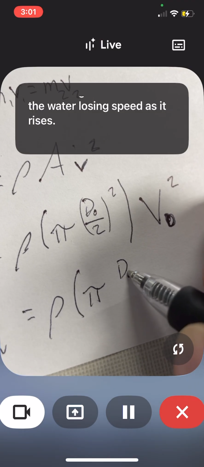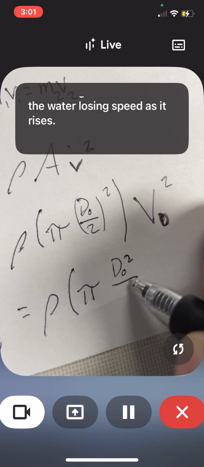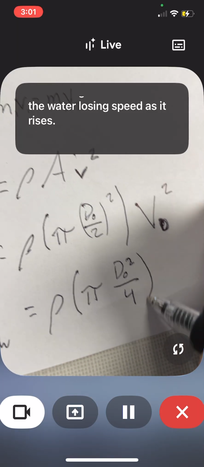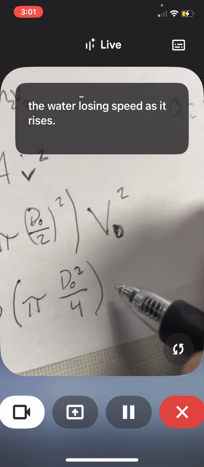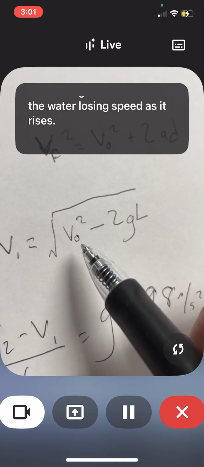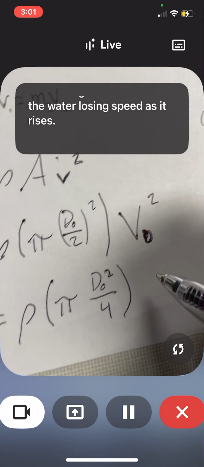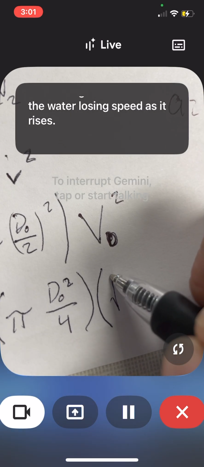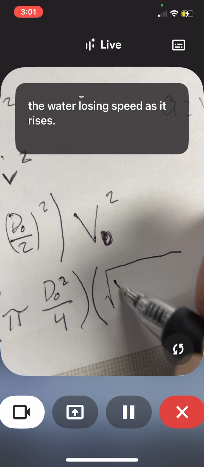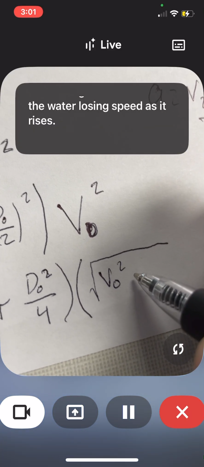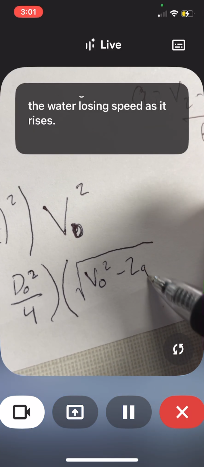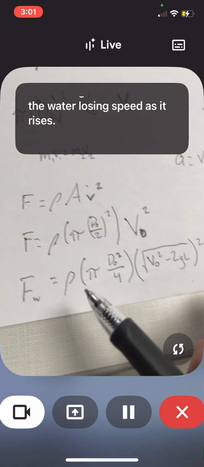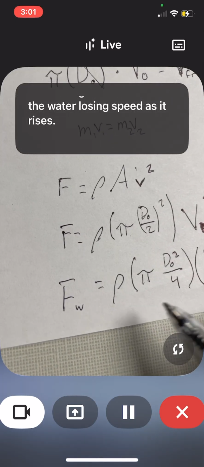I can put this all up in the numerator, so I'll clean that up maybe after. And then this velocity initial squared minus 2gL is really the square root, so I'll just work through this. Velocity initial squared minus 2gL all squared, and then if we clean this up, then the force of weight will be